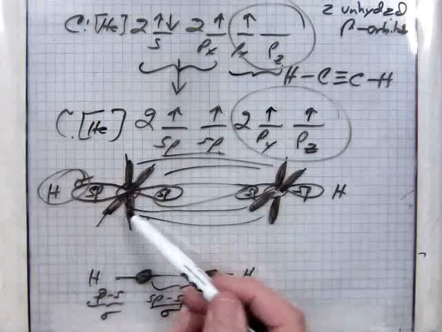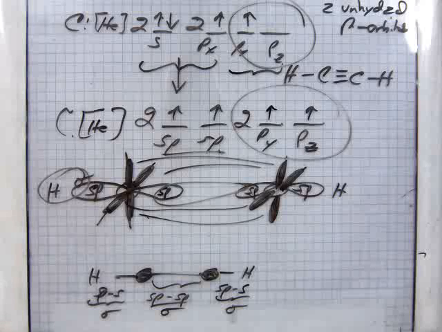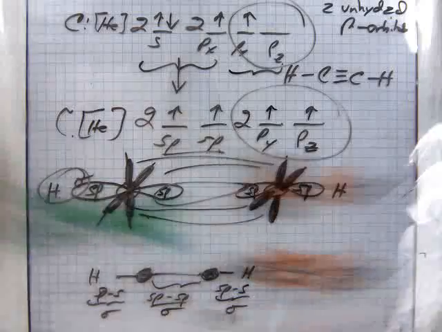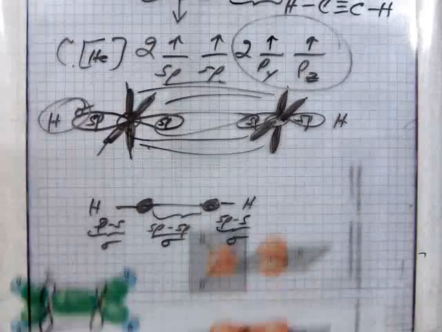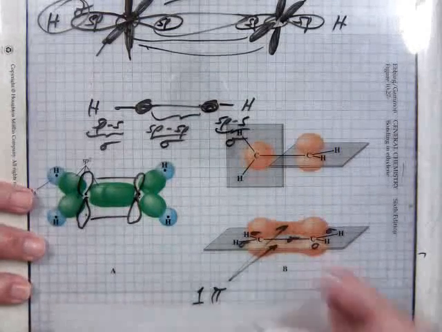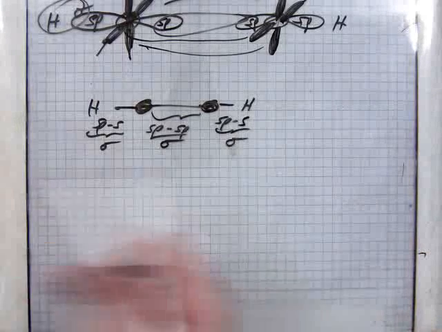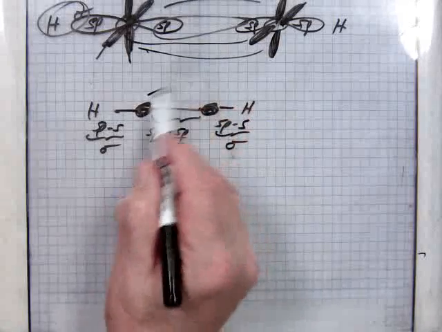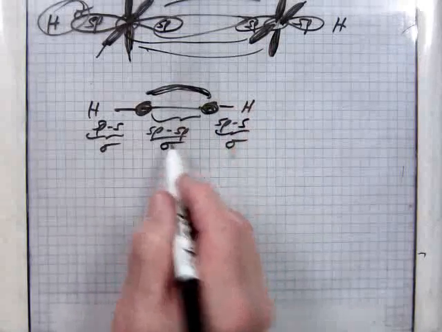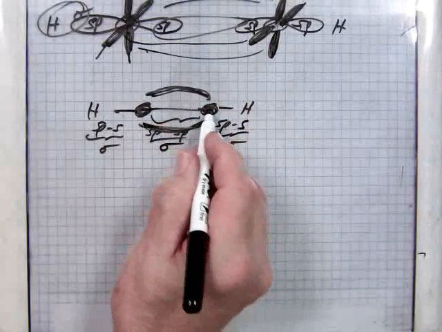But when you take into account the sideways overlap of these orbitals, like I showed you in the diagram a minute ago, these will be sideways above and below. Also, you have them in and out of the plane. Kind of hard to see sometimes. But that will create a cloud up here and a cloud down here, and then one in and out of the